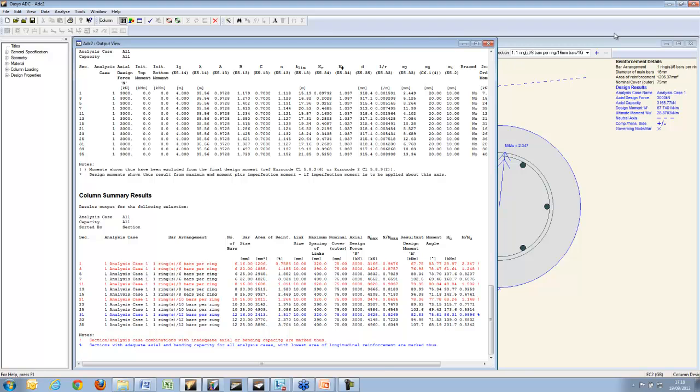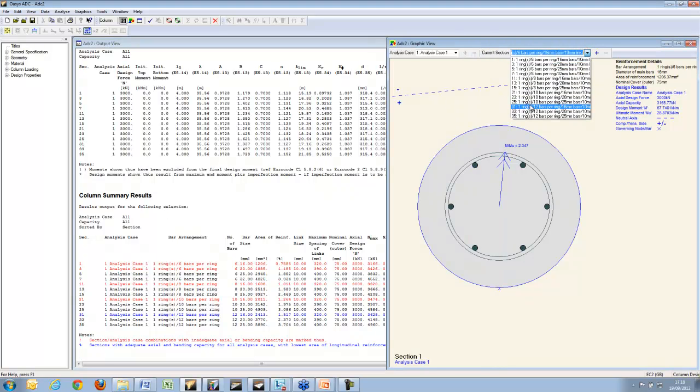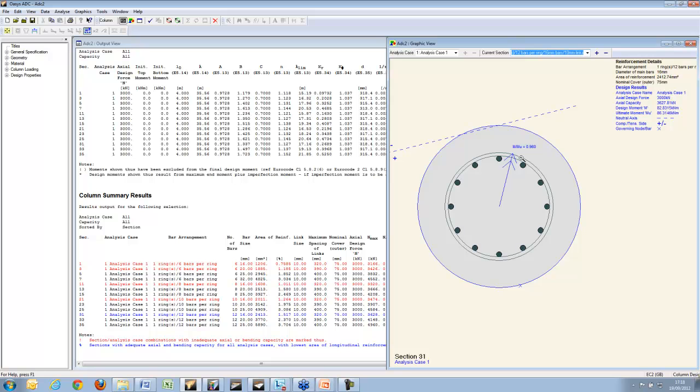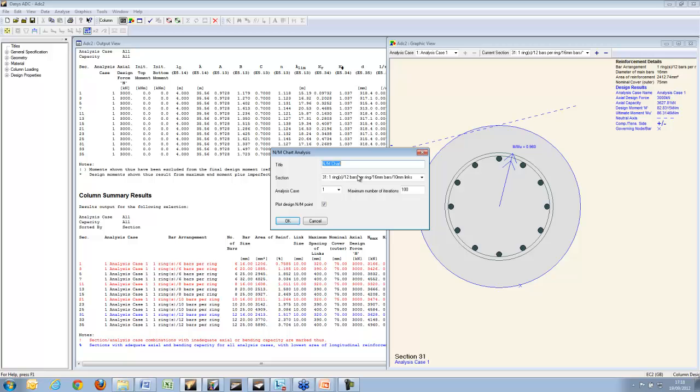So that's section 31, which is this one here. But we don't have to take that out. We could take section 33 or 35. Let's go with 31. If we look at some of the graphical results, if we say look at the axial